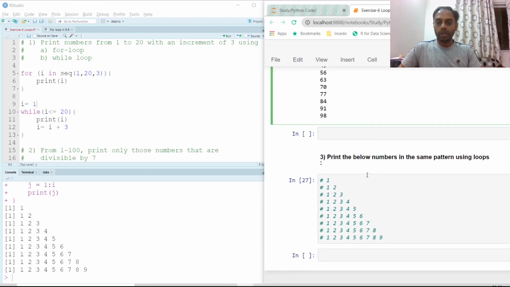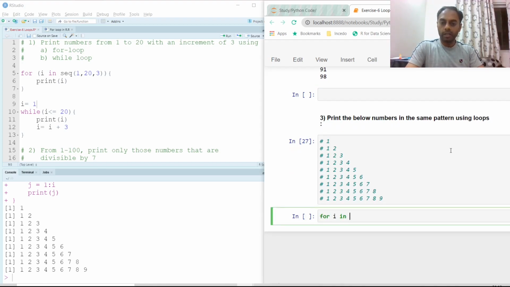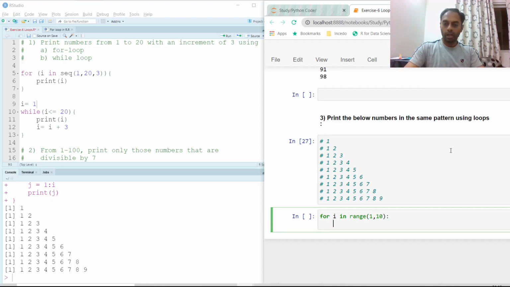All right. Now coming to the last problem, print the below numbers in the same pattern using loops. So just like we did here, we have to use a for loop. For i in range, we have all the way up to 9. But since in Python the last number does not get printed, we have to go up to 10. And now what do we want? If I just print i here, I will just get printed from 1 to 9. But that's not what I want, right? So I need to have